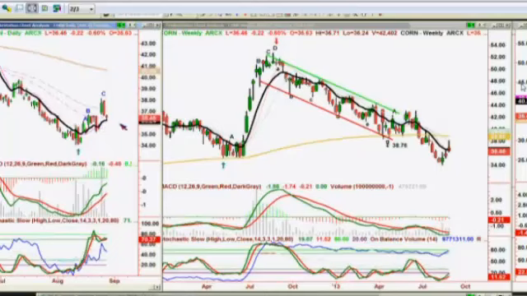The pullback yesterday was a little bit much. It does tend to do that on the pullbacks, but the MACD is still very strong, and stochastics at 70%, but it looks like the fast-moving average is above the slow-moving average. It's held the 9-period moving average. If you were to take a risk-reward chance, the problem is that it trades overnight and anything can happen overnight, so it could gap down.